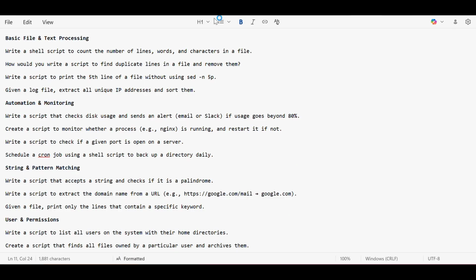So today we will see some shell scripting questions for our practice. The more you practice, the better command you'll have on shell scripting. So the basic idea is that you can try and practice these questions, and we'll discuss the answers in the next videos. So in this video we will cover the questions related to shell scripting.